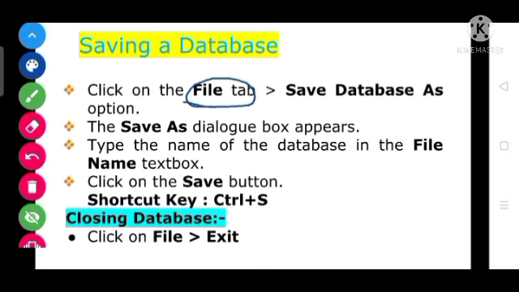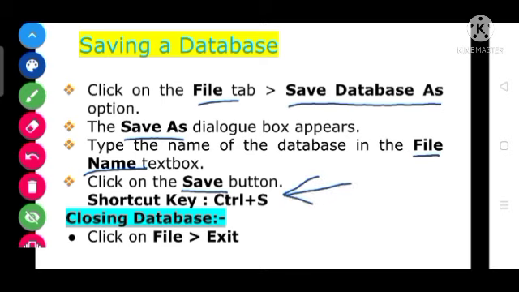When we click on the file tab, a drop down menu will appear. We click on the save database as option, and then the save as dialog box will appear. We write the file name by which we are going to save our database, then click on the save button. Finally our database will be saved.